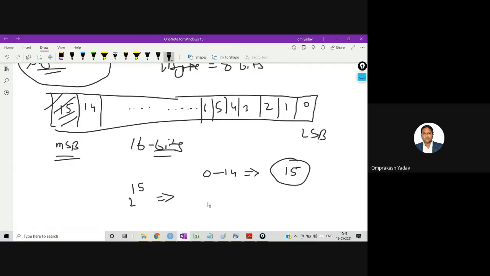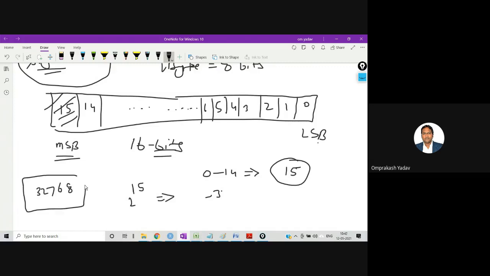All of you try to calculate. So the range is, 2 raised to 15 is 32768.